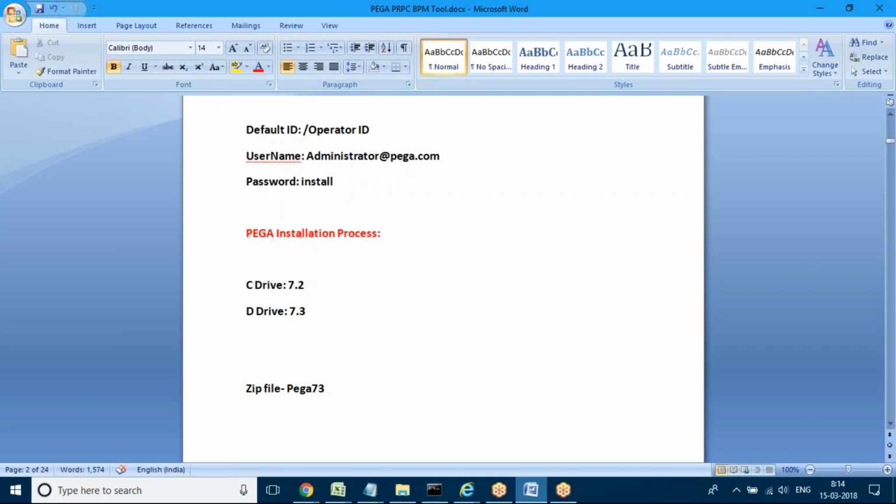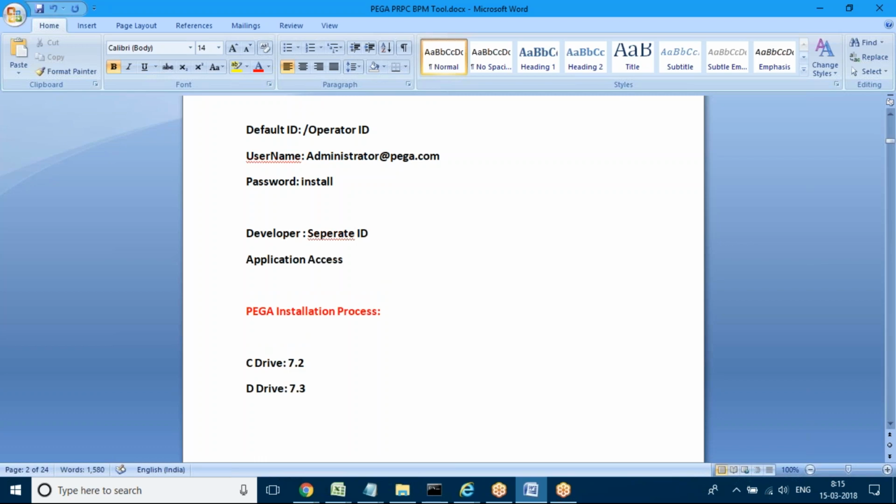See, when a developer is working in a project, many developers will be working, and a separate id will be given for every operator. See, an operator in Pega is nothing but a developer, guys. So when a developer is working on any application, every developer will have a separate id in order to log into the application.